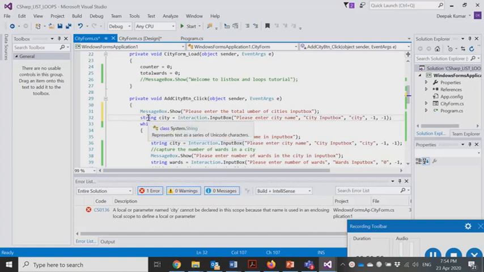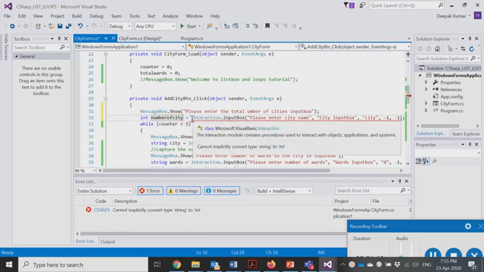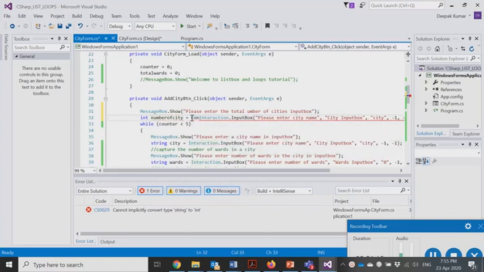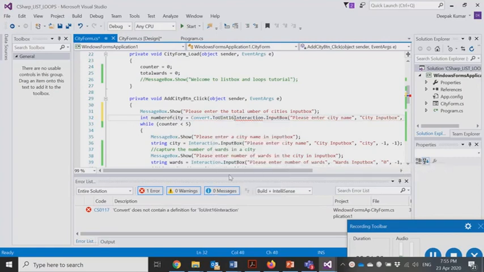In this case it will be an integer type, so you can call it number of city. The variable name will be number of city, and here you will be adding the number of cities. Obviously you have to convert that into integer, because this will be an integer value.